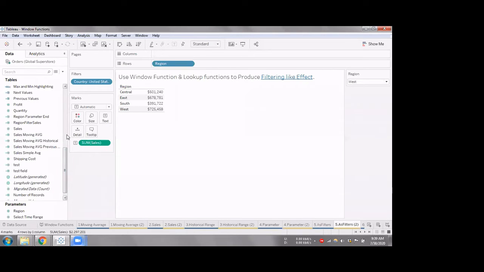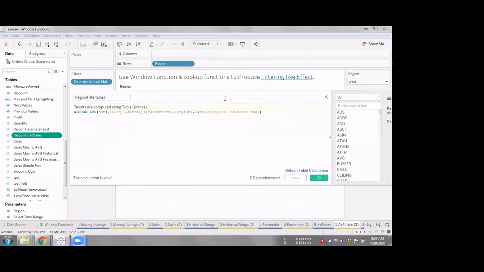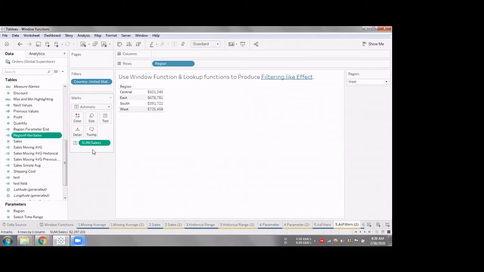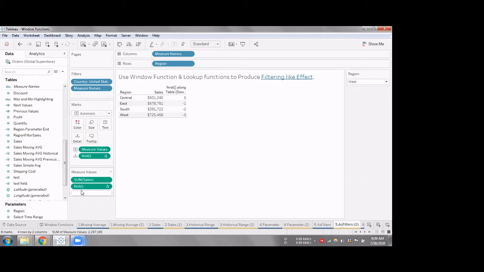Now let's say I've created a field. Let me open that. Region filter sales. Before that, let me put these things so you'll understand better. Window.